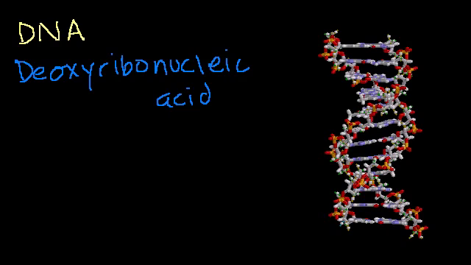And what I want to do in this video, because I think that's common knowledge, popular knowledge, that what makes my hair black or my eyes blue or whatever is all somehow encoded in our DNA. But what I want to do is give you an idea of how something like DNA, a molecule, can actually code for what we are. How does the information get stored in this type of molecule, and then how does that actually turn into the proteins that make up our enzymes and our organs and our brain cells and everything else